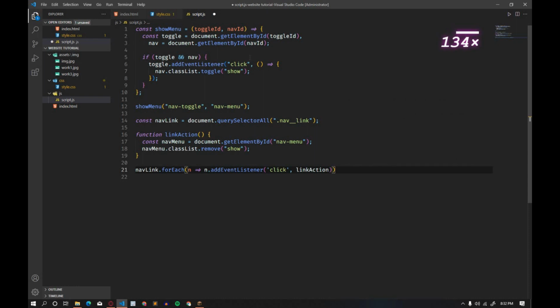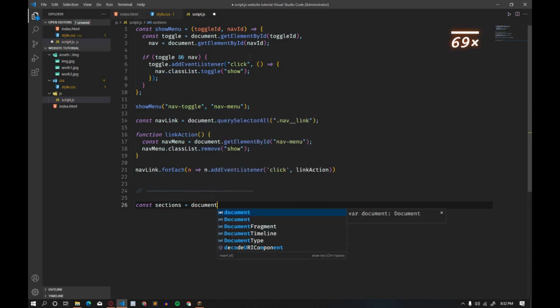So guys, after that here we are good to go with our removal of our navbar from the mobile screen. So now let's see scroll section active link. So guys, for that here let's create something like type of break here. Okay, type of break, and here let's comment out this, and here guys let's add const sections is equal to